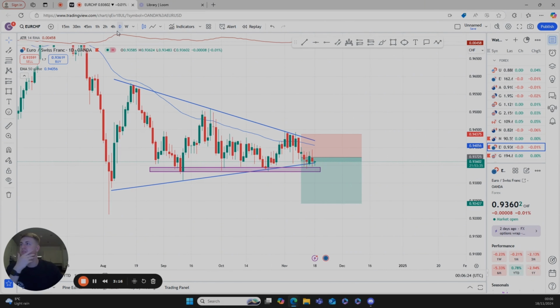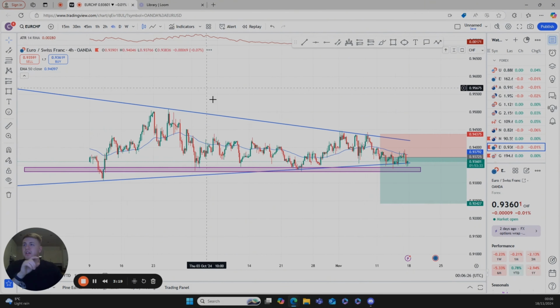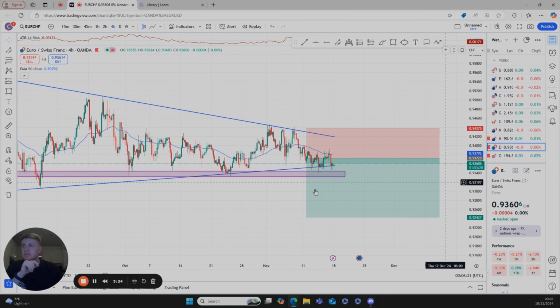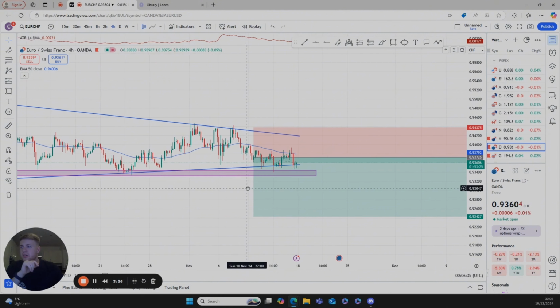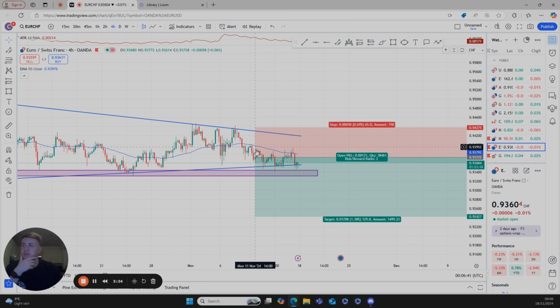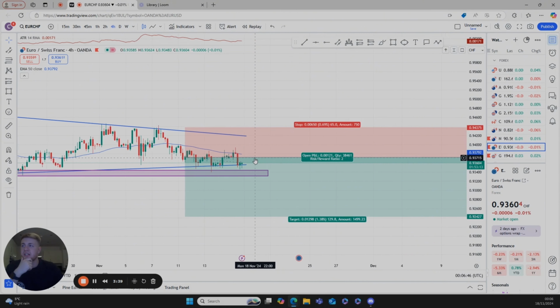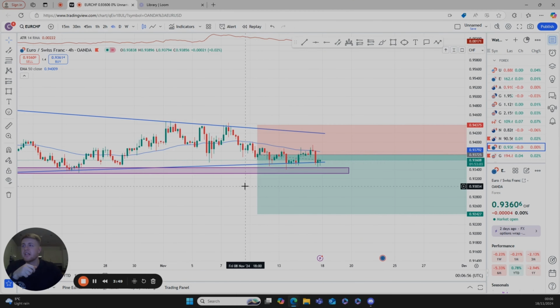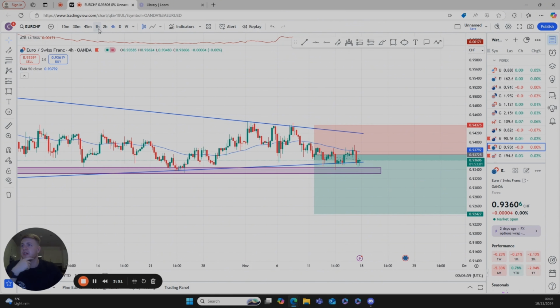But yeah, so if we come down to the 4 hour, and then I'll go down to the 1 hour, I believe it was. But the reason why I took this was, as you can see, it's hit this line. It's come down. Then we've had an engulfing candlestick there, another strong candlestick to the downside. Then, like I said, this green candlestick just in here was red when I took the trade. Obviously, it's flipped, but it was red, and it was to the downside. So, yeah,